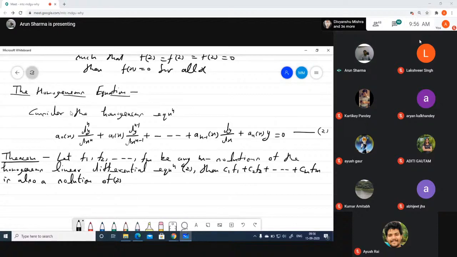Solution of 2. Okay. So where c1, c2, ..., cm are m arbitrary constants. So what I am trying to say is